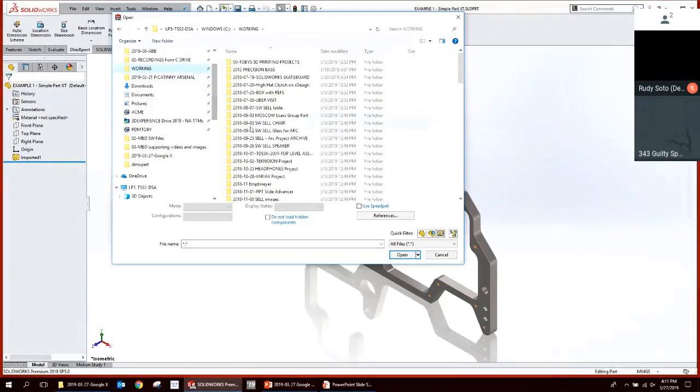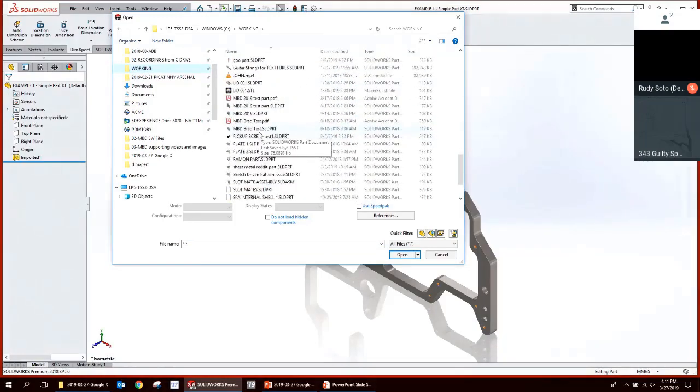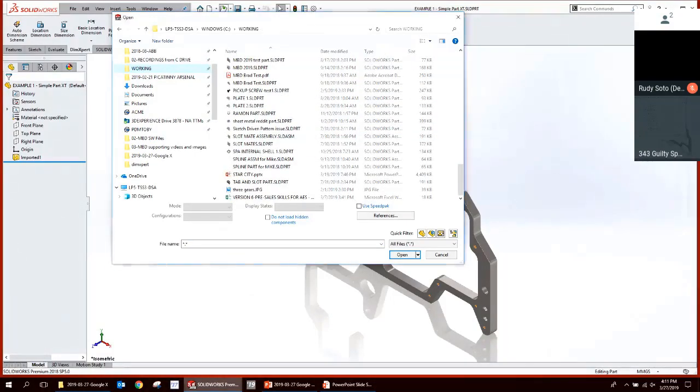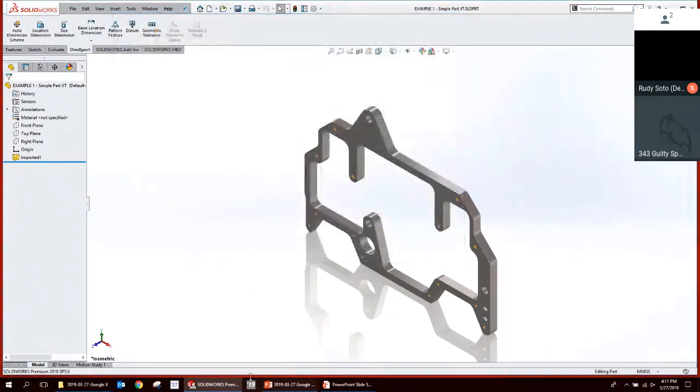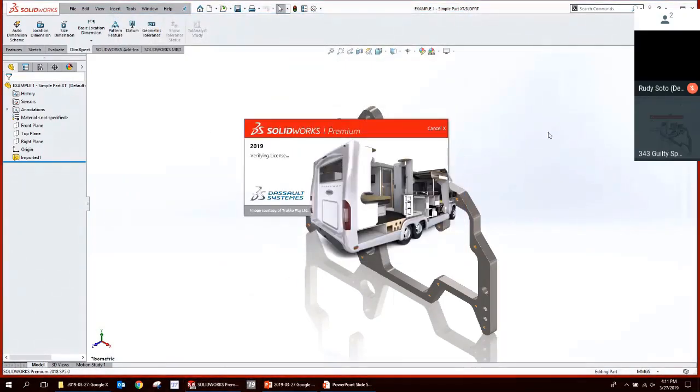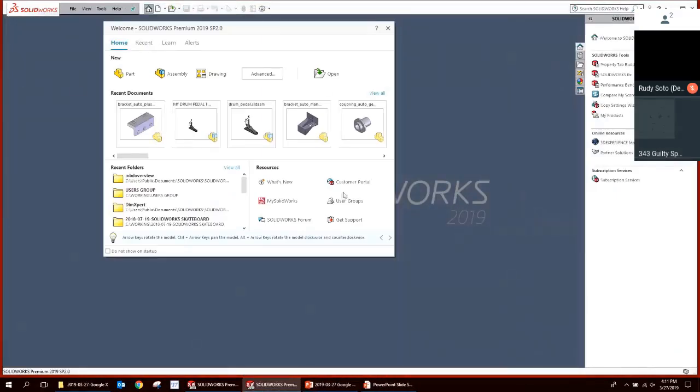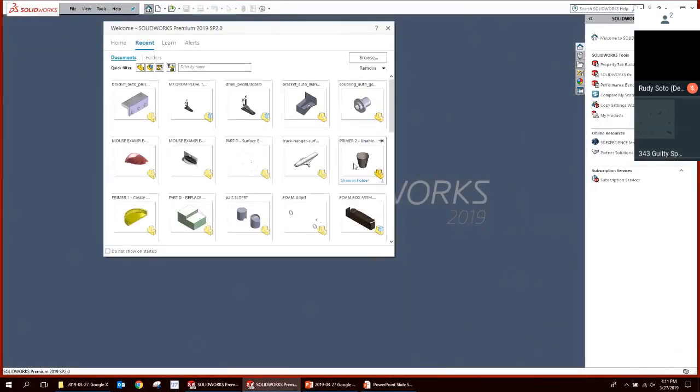So if, for example, we had a sheet metal component here that we wanted to open. Oh, actually, you know what? I have this one already saved to 2019, so let me just open up 19 real quick here. I'm going to do the presentation today in 18 because I know you guys are using 2018, so I think it'll make it a little more intuitive to go through some of the steps I'm going to show.